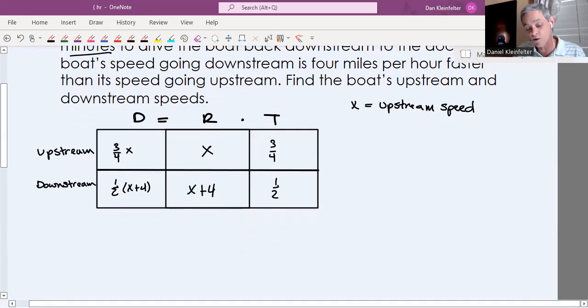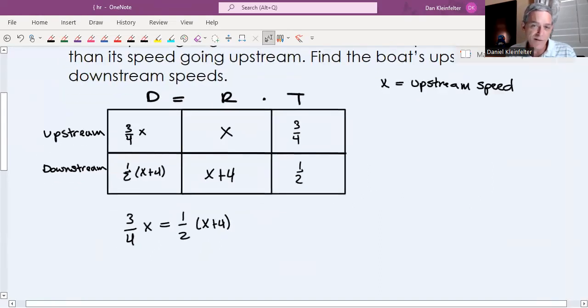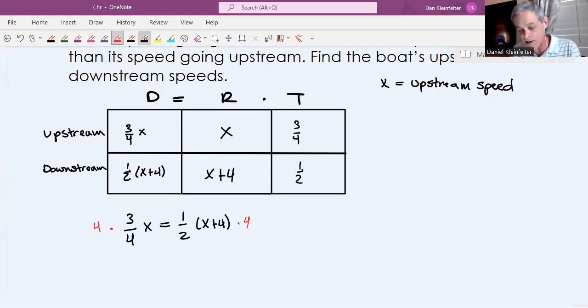She's going to return to her starting place. So we will have 3/4 x equals 1/2 x plus 4. Okay, so the distances traveled have to match. She goes there and back to her starting point. So I'm going to multiply both sides of the equation by 4 just to clear the fractions out. Not a necessary step, but